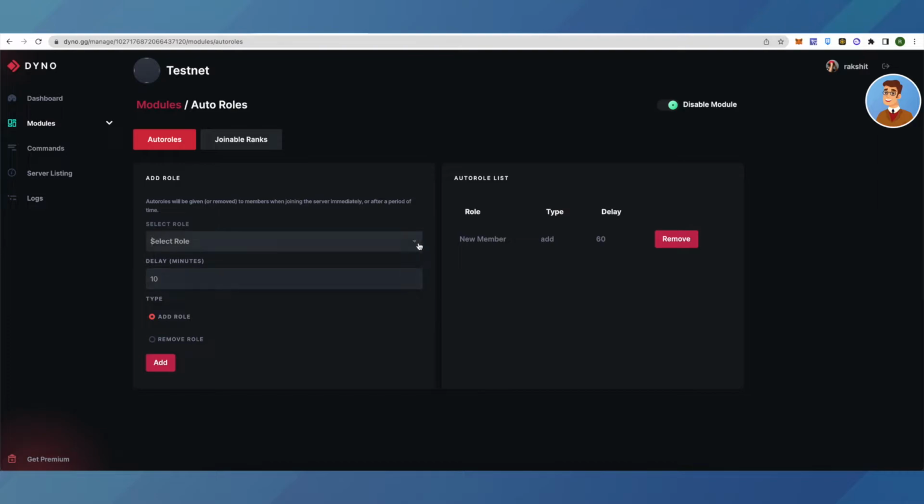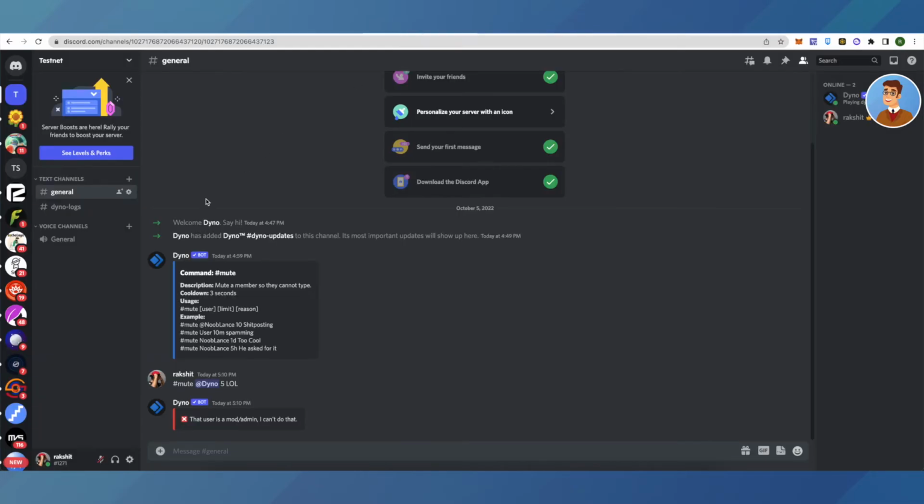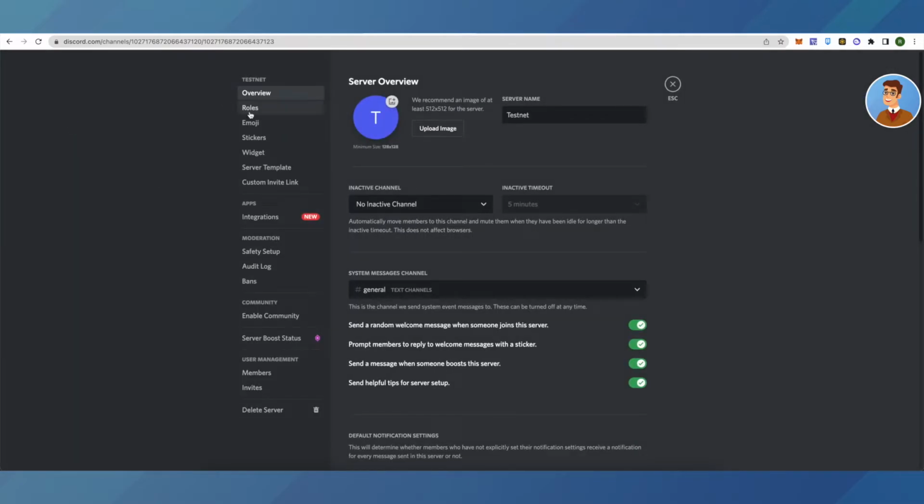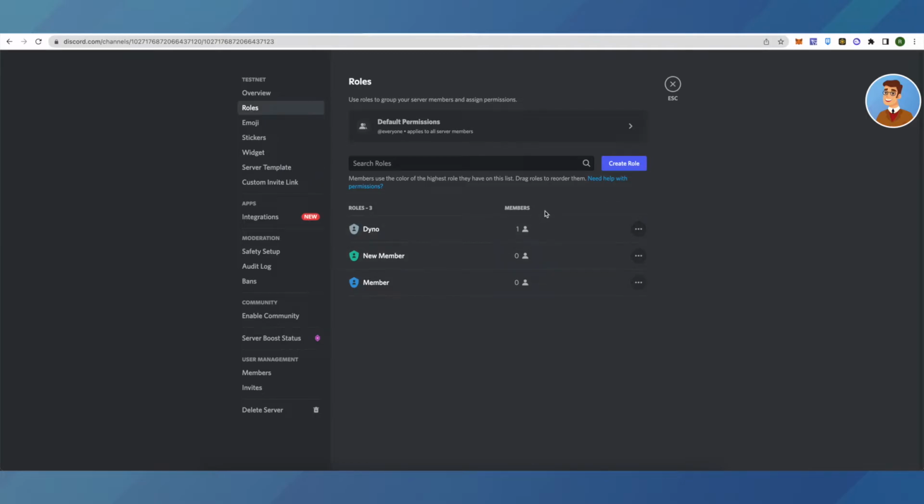And sometimes it might happen that you won't be able to see anything when you click on select role, and this is because you don't have any roles created on your server. So first of all, create roles on your server, and for that go to your server and then go to your server setting, and here select roles, then create role here,